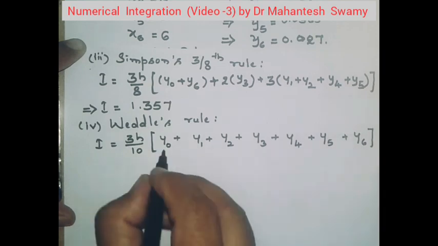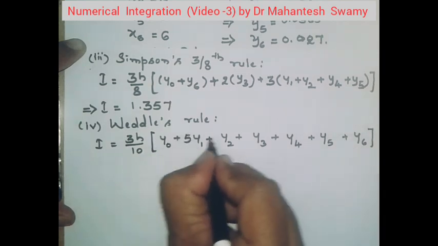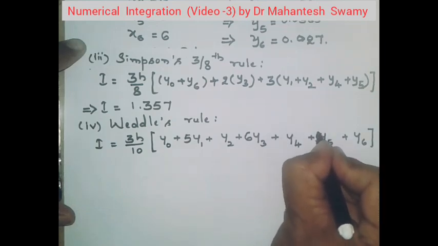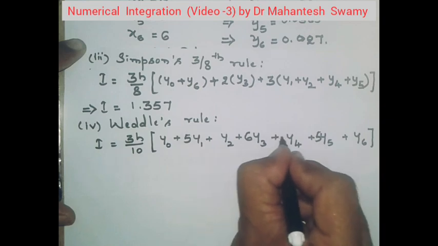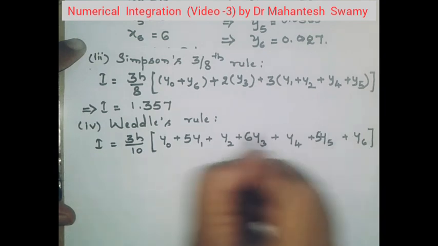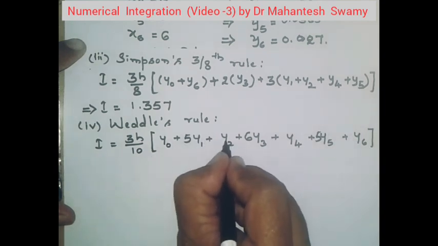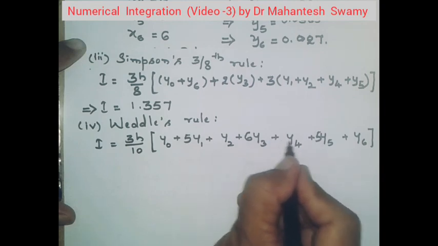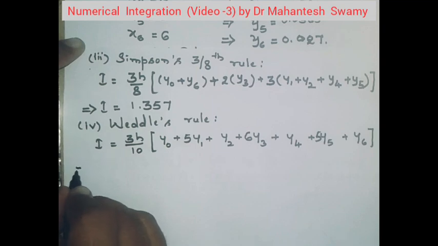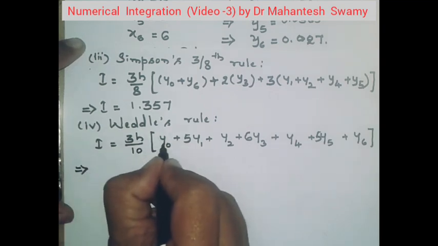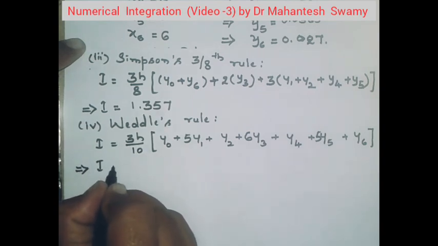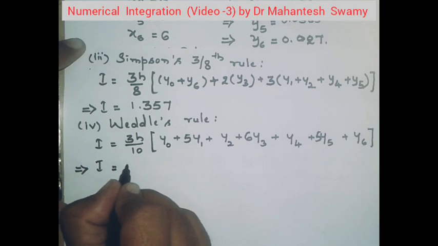Now the coefficients are like 1, 5, 1, 6, 1, 5, 1. So it is y0 plus 5y1 plus y2 plus 6y3 plus y4 plus 5y5 plus y6. So again our duty is to substitute h, y0, y1, y2 and so on. After substituting the respective values and after simplification, the answer is going to be